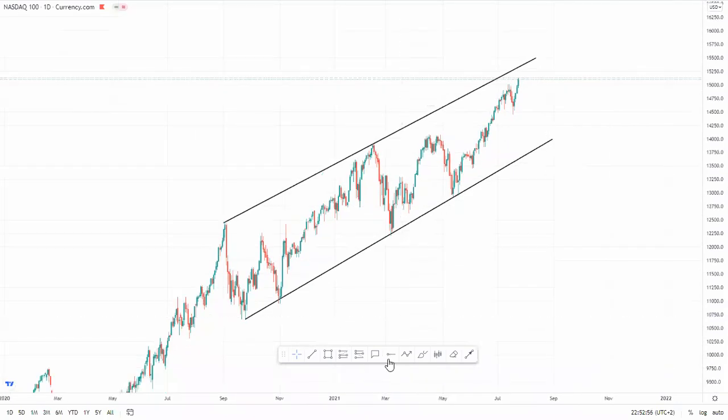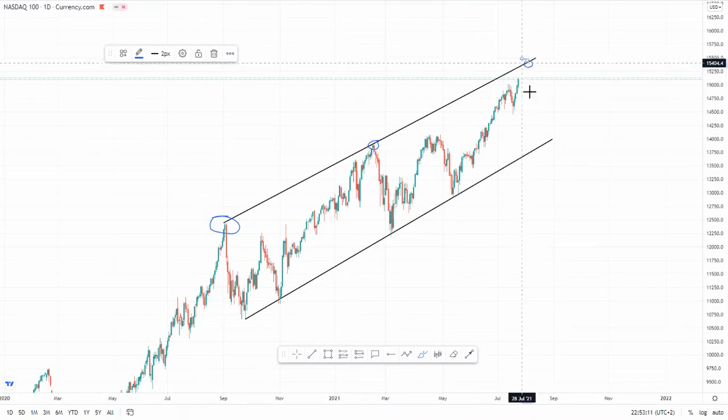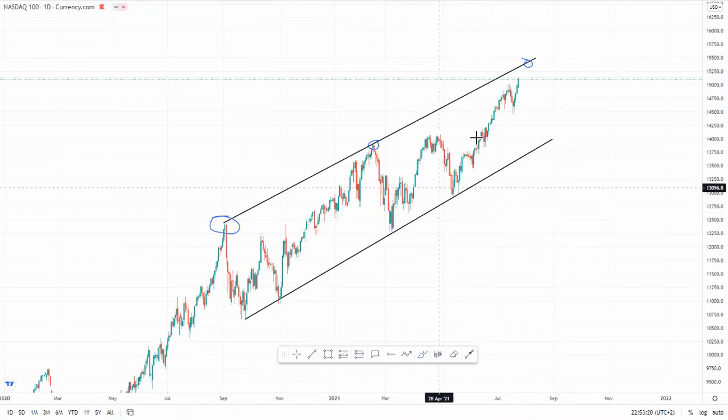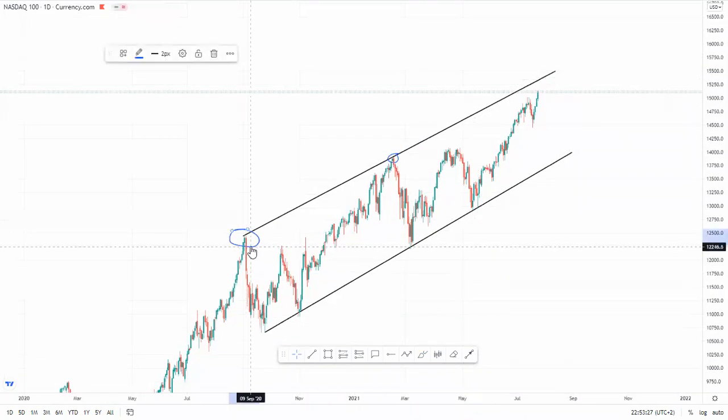Okay, so what do we have here? You can see that here on the top, the market gave us a first touch, it gave us a second touch. This makes it probable that the market will give us a third touch here at the top before crashing, or before basically going in its chosen direction. Remember, we follow the market, we don't need the market.